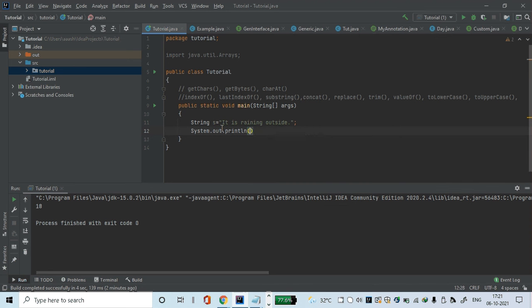System.out.println(s.substring(6)). So this is the first overloaded form of this particular method, and when I press the run button, it is going to print "raining outside", because the starting index is R, but I have not specified any ending index here. If I want to specify an ending index, for example if I want to print only "raining",